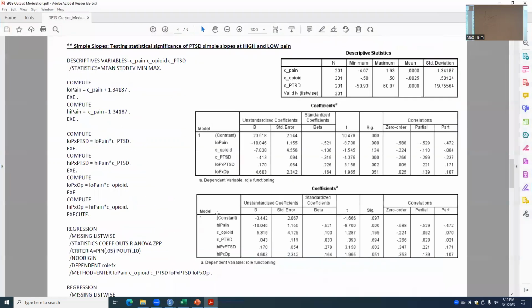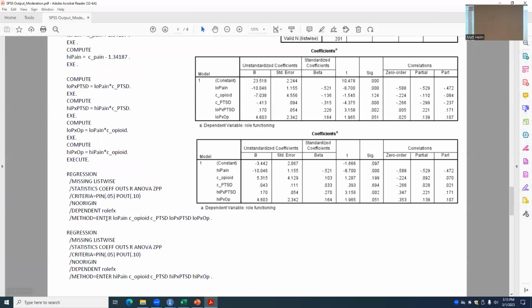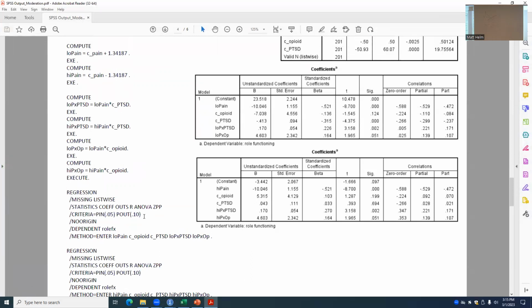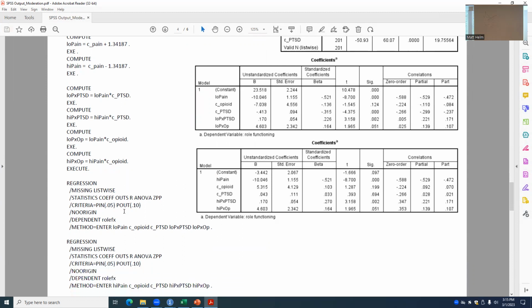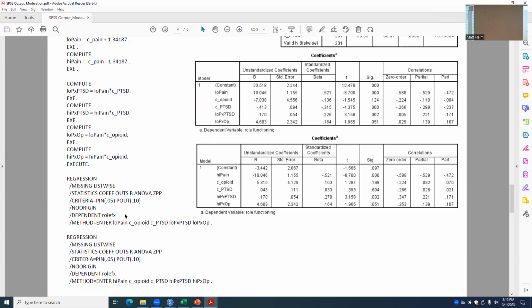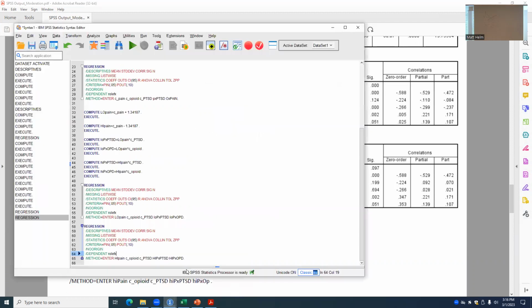But you'll see here when we run this right here, my two. Again, here we've got low pain, high pain, and then my 4 new interaction terms that I've gone through and created here, right? And then I'm just running the same regression model. The only thing that changes across these two models is where I'm shifting around my pain point. Okay. So if I go through and I run these analyses,